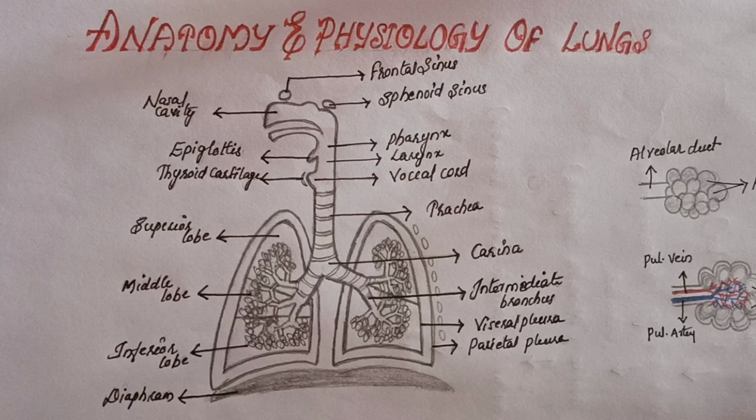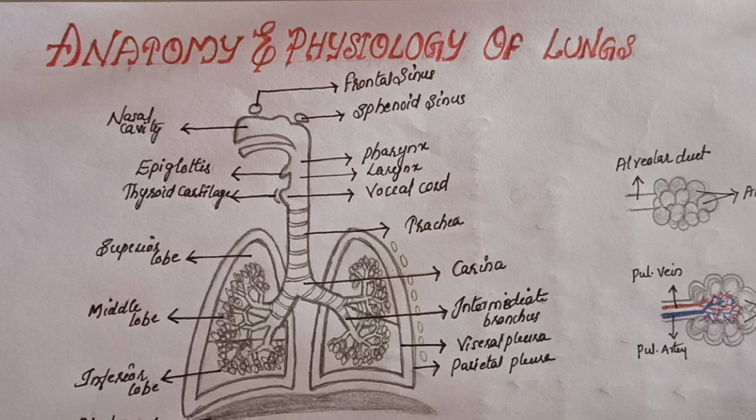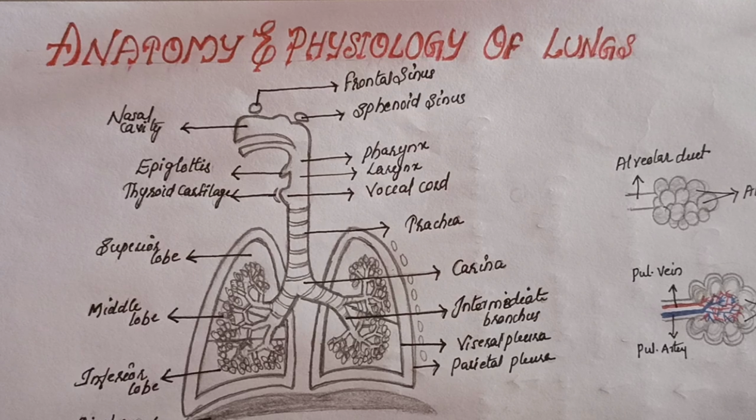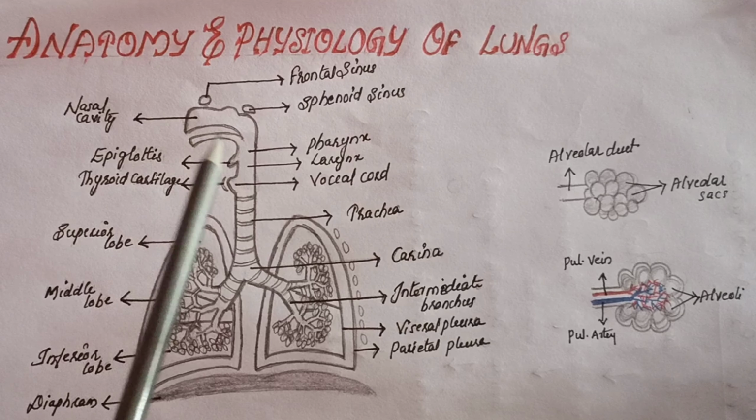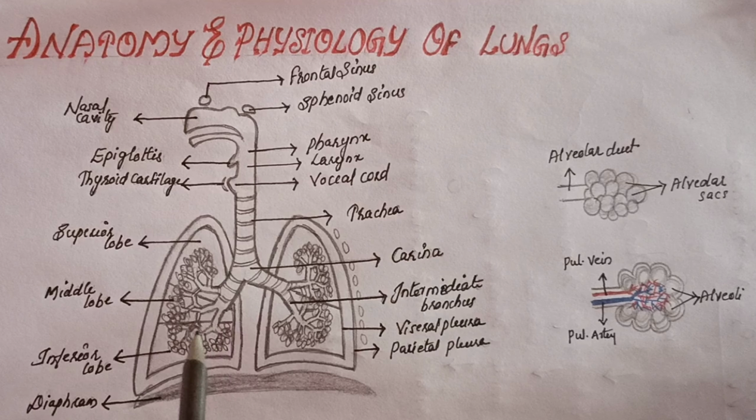Now, let us see the physiology of respiration. The respiration consists of inspiration, expiration and a pause. The respiration is partially involuntary process and it is controlled by the nervous system, that is the respiratory center in medulla oblongata. Through inspiration, the oxygenated air enters into the lungs and it enters into the alveoli. From the alveoli, the oxygen enters into the pulmonary vein and it goes for systemic circulation. This is called as inspiration.